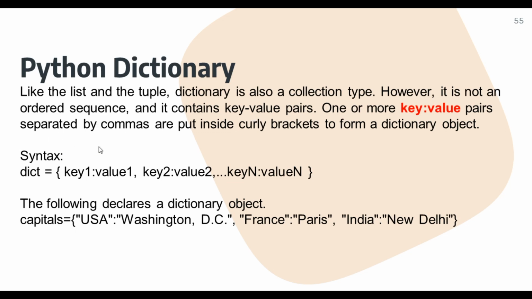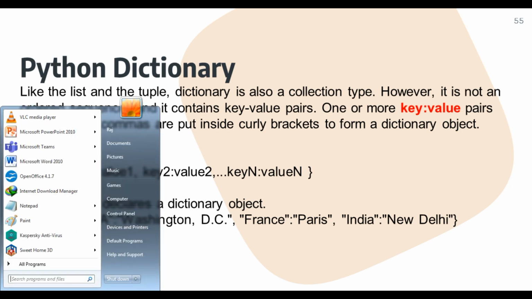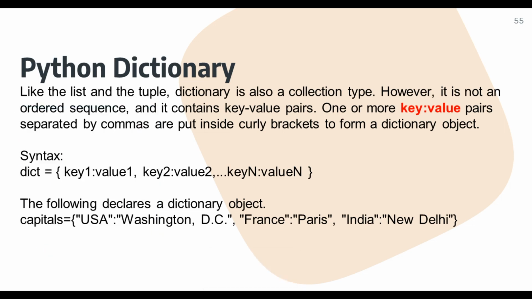Here you can see how to declare it. With the help of curly braces we can declare it. Here is dict equals key1 colon value 1, separated by comma, next key2 colon value 2, comma, and further on key n colon value n. For example, here we have used some kinds of keys like integer and string. Any kind of key and value we can make, it's up to us. So now I am going to show you how to do that.